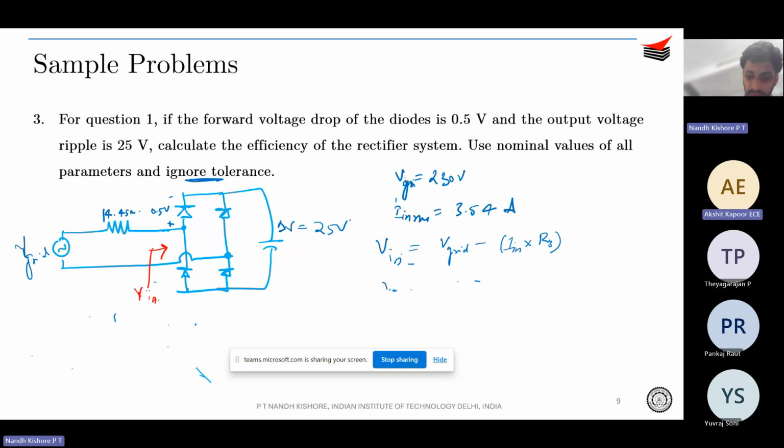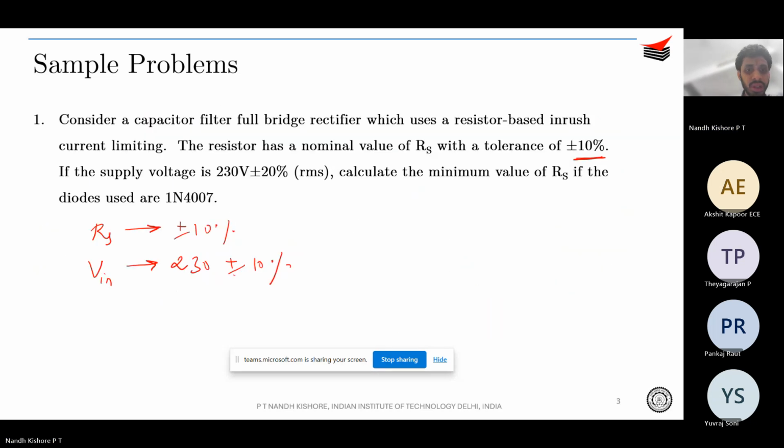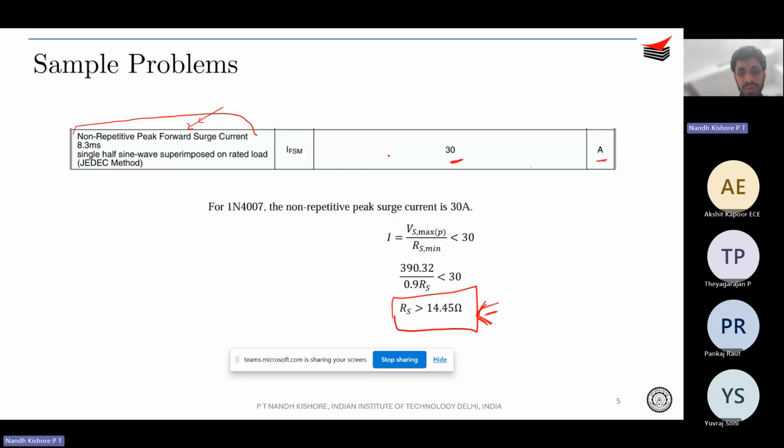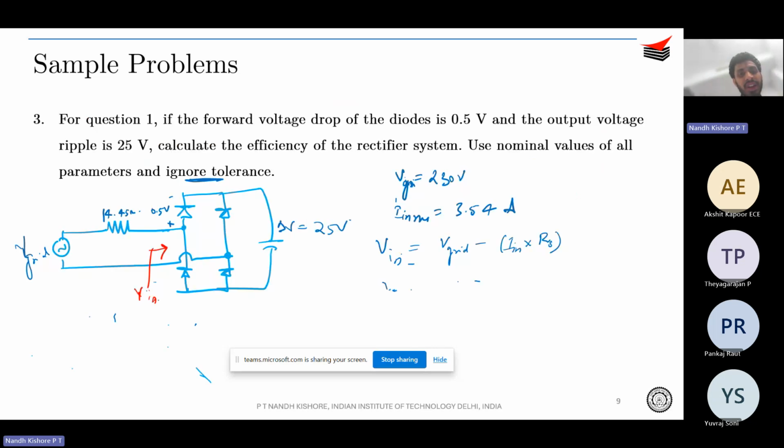V grid is 230. This is what they have given right in the question. Supply voltage is 230 plus or minus 20%. So this is your V grid. Of course, we are not considering the tolerances because they have asked us to ignore the tolerance. So V grid is 230 volts